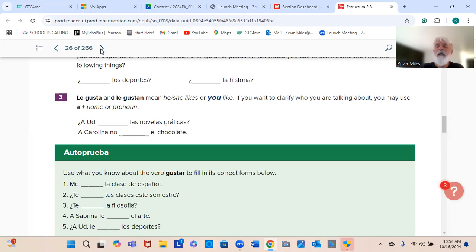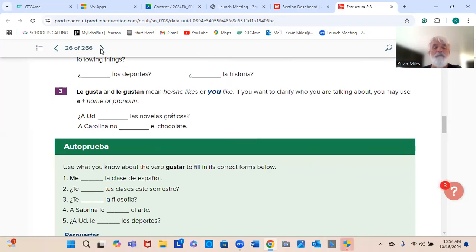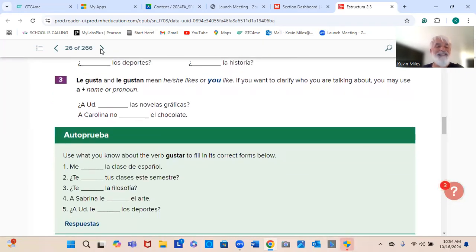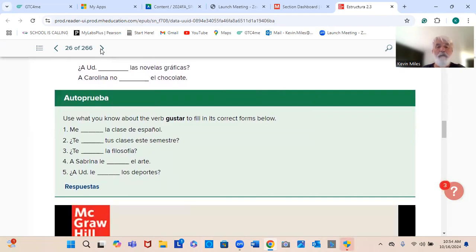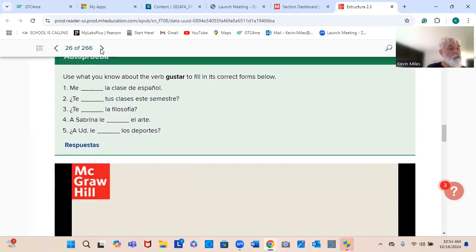But our question is, when do I say le gusta? When the thing liked is singular. So he likes the book would be le gusta el libro. Now, how would I say she likes the books? Le gustan los libros. So again, look at the thing liked. If it's singular, use gusta. If it's plural, use gustan. And they give you some questions beneath. Make sure you can go through there and do these. They're very, very simple.